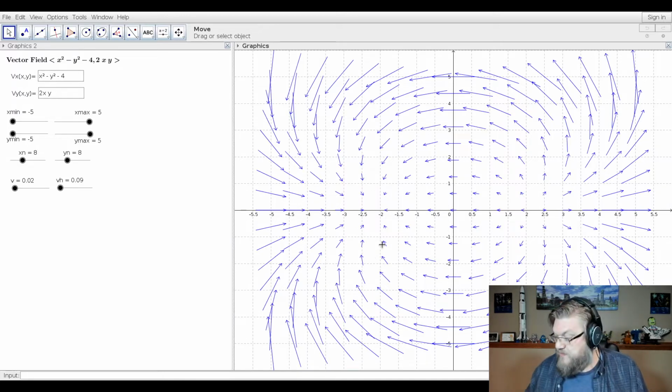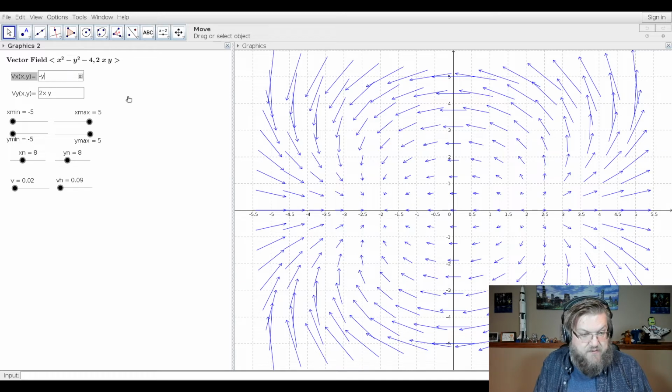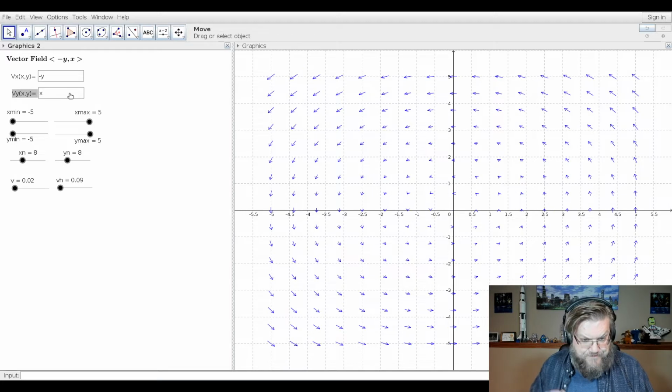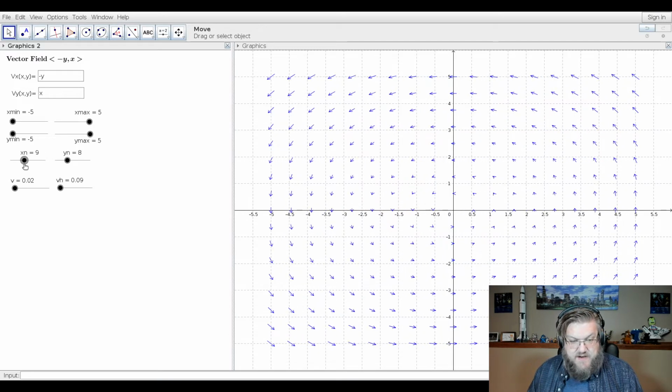I uploaded a couple different vector field GeoGebra programs for you to download. And so I did not create either one of these, but I just did a quick Google search and was able to download this. All you have to do up here is type in your components, right? So my components here for the i is negative y. And then here, this one is x. Like that. And you have a couple different options here. You can zoom in and zoom out. You can change the density of the x there. You can change the density of arrows in the y sense